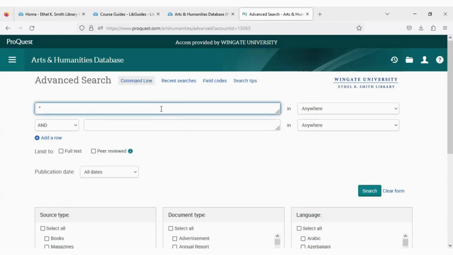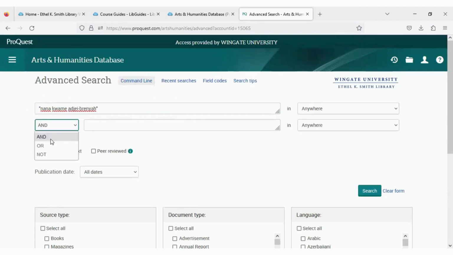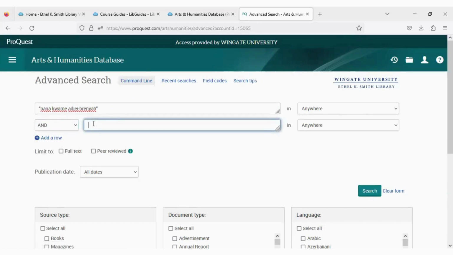And here I will type in the author's name, and put that in quotation marks to keep it together. I'm going to select Boolean operator and. And here I will type in the author's work, Friday Black,